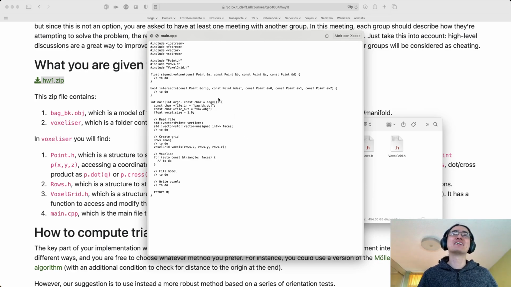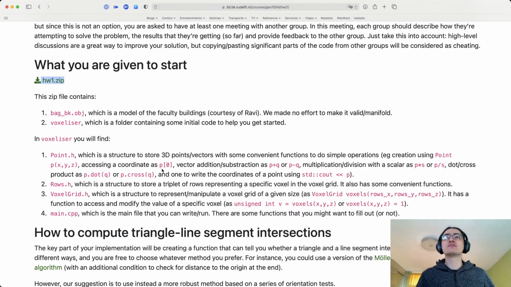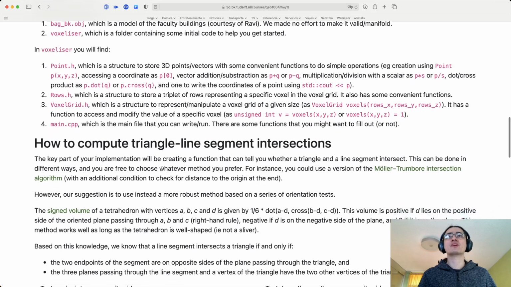But maybe it gives you a bit of structure on how to get things done. So there's a function to compute the sine volume that we will discuss in a bit, the intersection, and more or less the steps that are detailed in the homework page. So going back to the homework page,